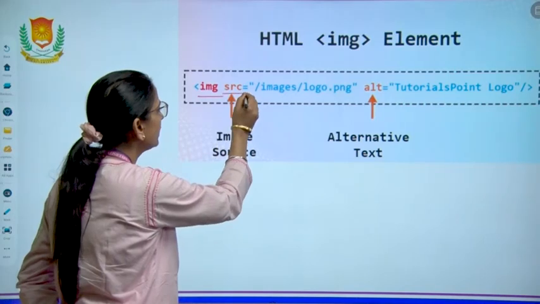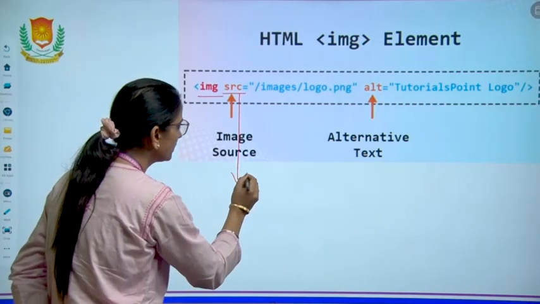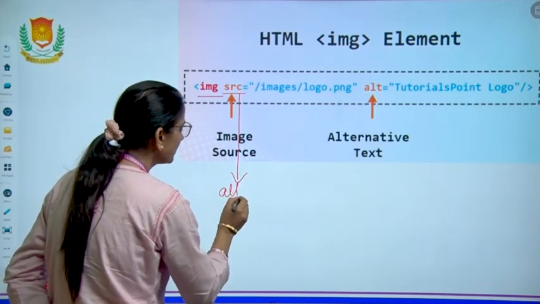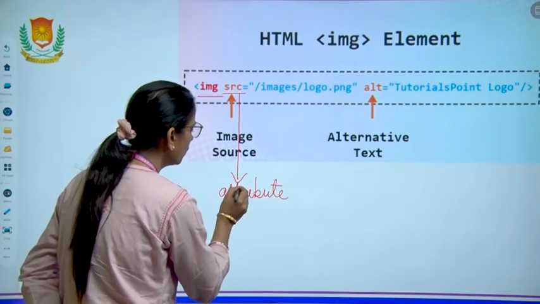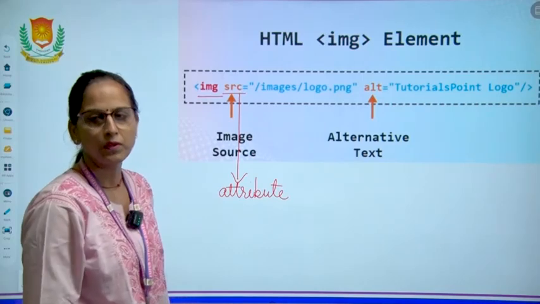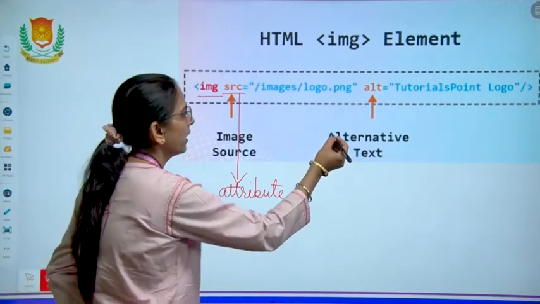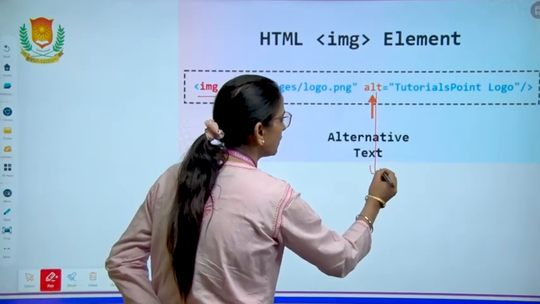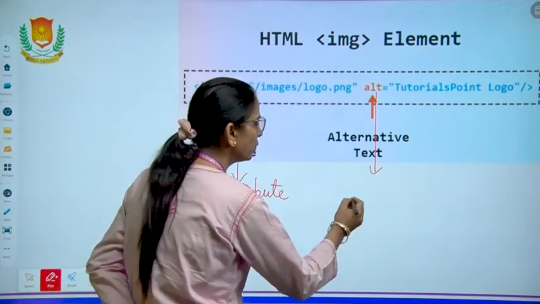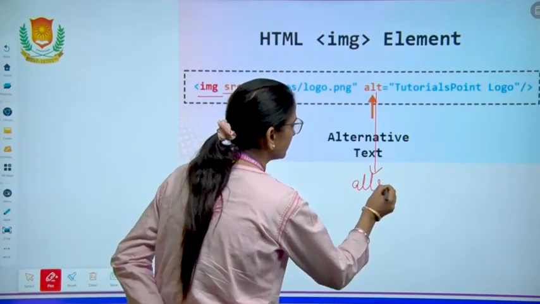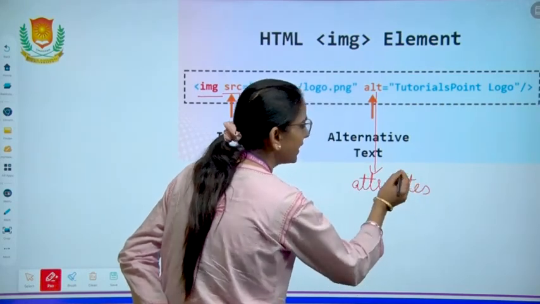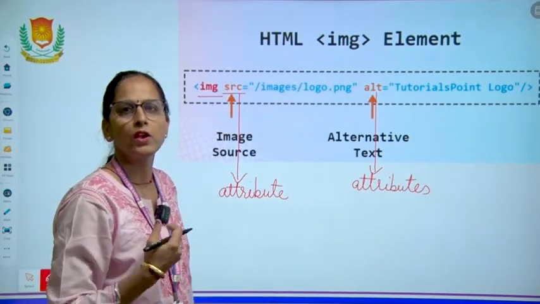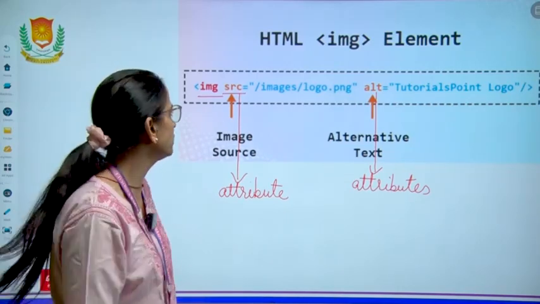Now again we will discuss this. What is SRC? SRC is an attribute of a tag, and alt is another attribute, an additional specification required for the image.